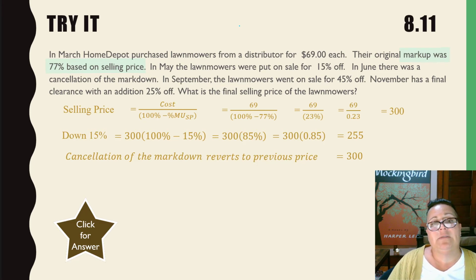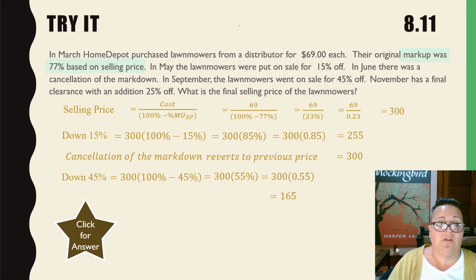Now in September, they're going to put the lawnmowers on sale for 45% off. At 45% off, that means they're paying 55% of that $300. 55% of $300 is $165. So from 165, in order to move the lawnmowers out, probably to make room for the snow blowers, we're